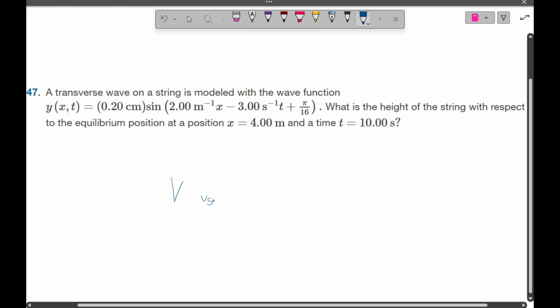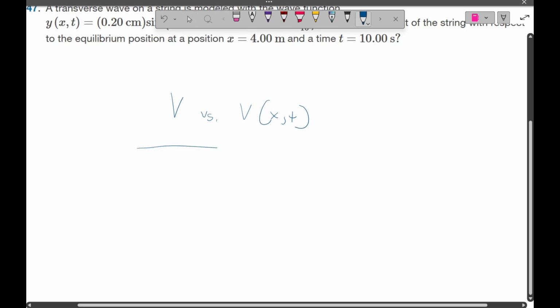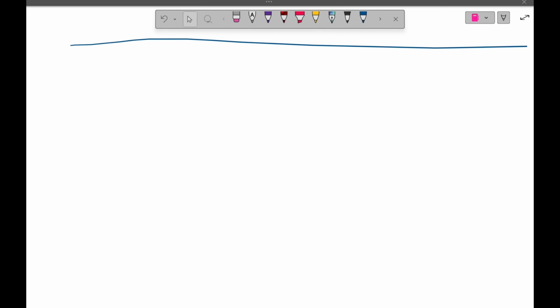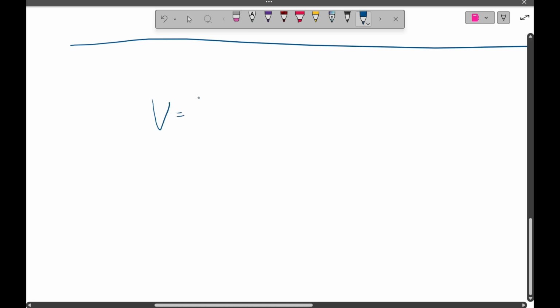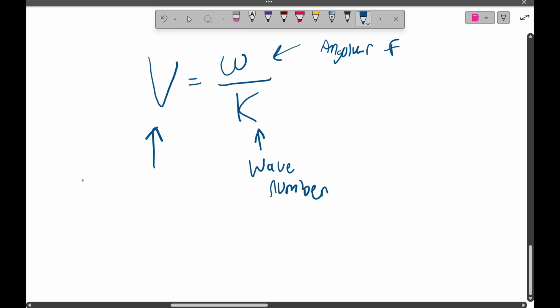Velocity versus velocity. Okay, we're given two things, right? And I'm sure you remember this formula. Or if you don't, it's okay, but this is handy to have on your note card. Right, we have v is equal to omega over k. This is wave number, and it'll usually be given to you, but if not, you have formulas for it. Omega is angular frequency. I'm just going to write it as angular f,